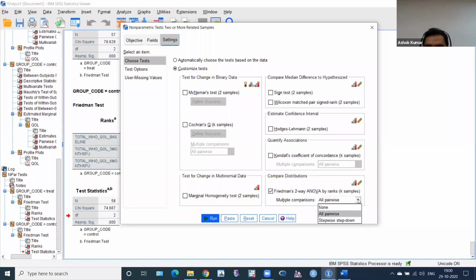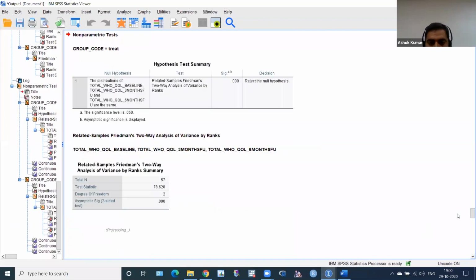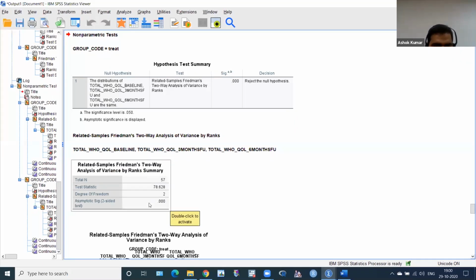You have to use all pairwise. This is a multiple comparison. Just click run. Okay, my work has been done. Very good. This is a treatment. This is a p-value, rejected null hypothesis. Okay, I have already seen this. This is rejected. But what about